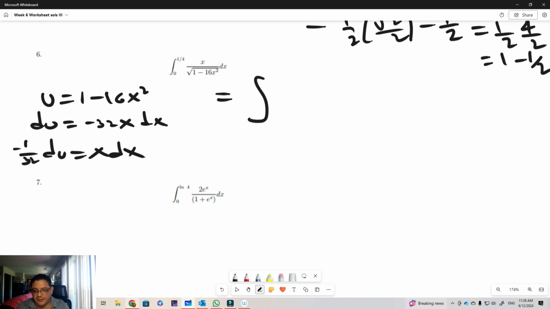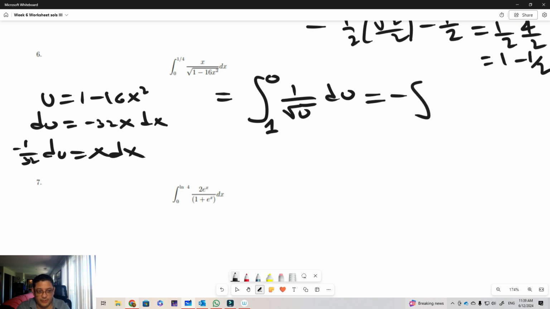Since the x dx is the du, this is going to be essentially 1 over square root of u. And for the transformation of the limits, when x is equal to 0, we have that u is equal to 1. And when x is equal to 1 over 4, notice that x squared is 1 over 16, which cancels with the 16, it becomes 1. 1 minus 1 is 0. So this becomes the integral from 1 to 0 of 1 over square root of u,